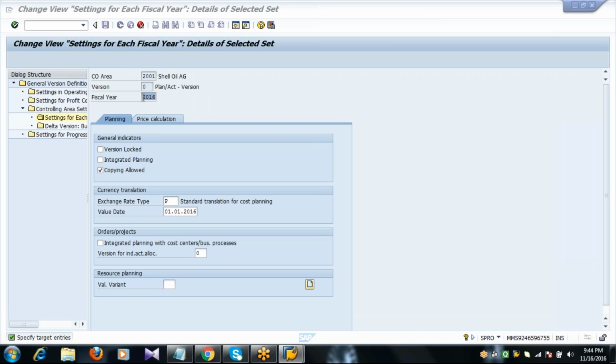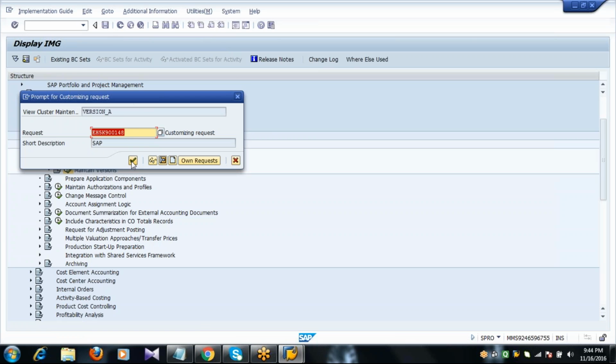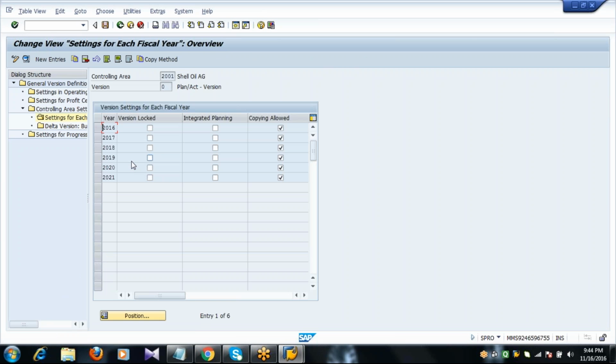Replace this 2016 with 2021, the current year. Press enter and save. Now you are able to see 2021, right? As 2016 is already there, I am showing you an example of another year.